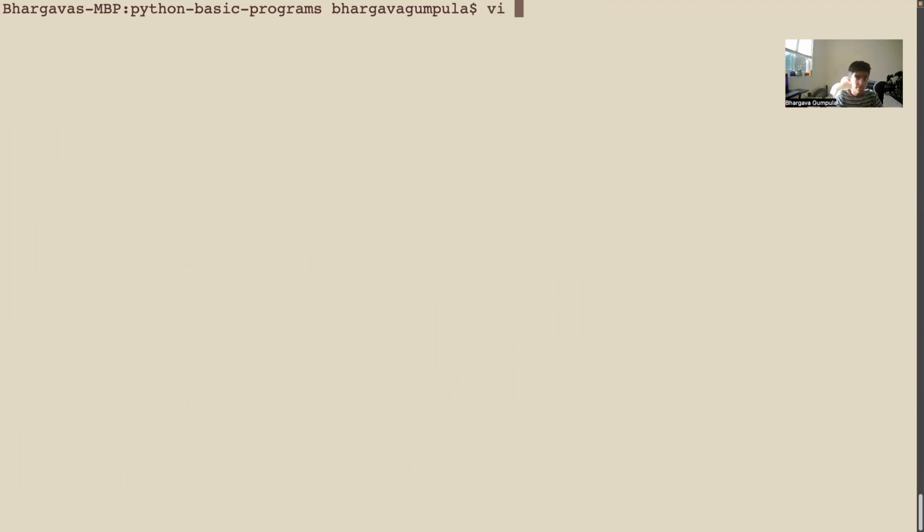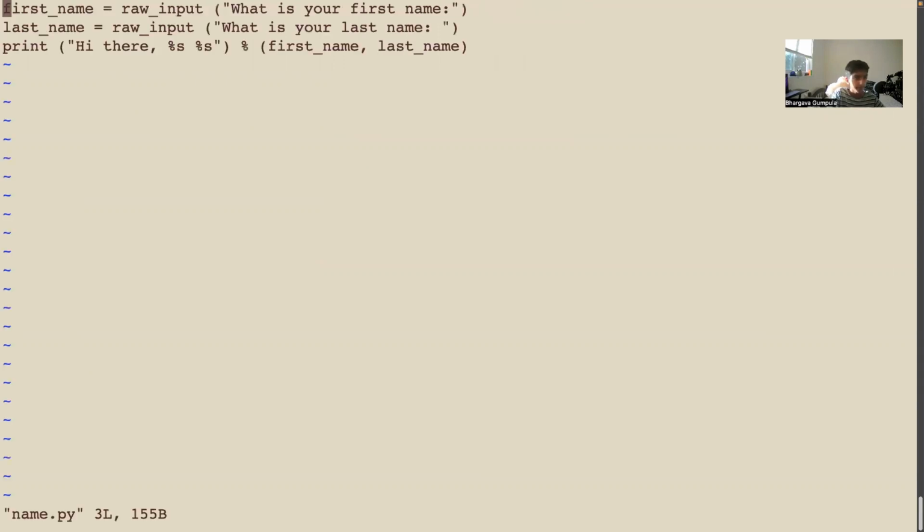There's ways like VI, there is Cat, there's Nano, but the one I'm going to be showing you is VI. So it's really simple. You just go VI in your shell, VI and your file name dot py, signaling it's a Python file. So it's VI, the name of your file dot py, and then you can write your code